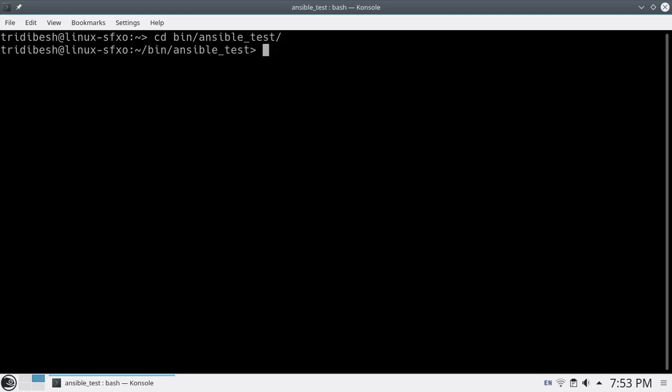If you want to create a vault file, an encrypted file, the command is easy. Anything related to Ansible Vault, you have to use the command ansible-vault. Now suppose you want to create an encrypted file. That's simple. You do create and put, suppose, secret1.yml.